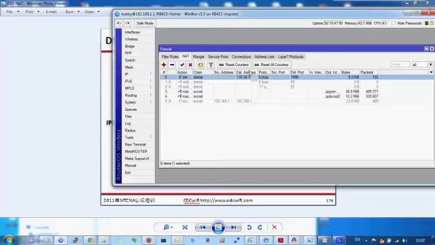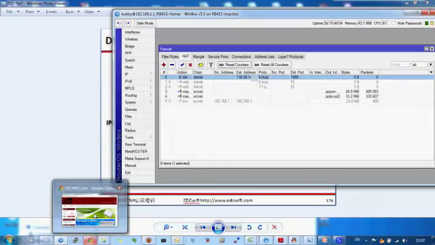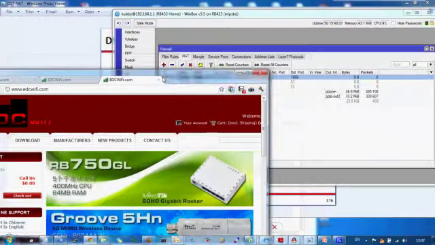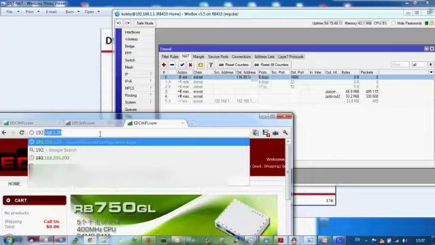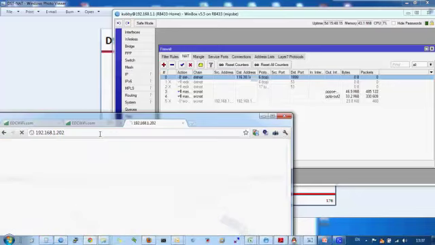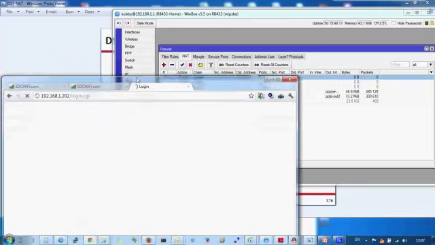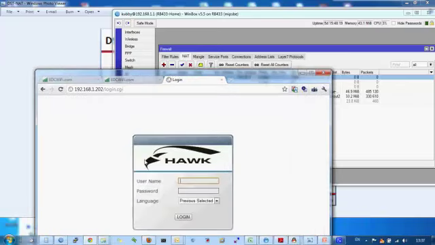Okay, I will try it. I will reset the traffic first so we can see together. I will try to access the camera first using the local IP address, so we know the camera is there. Okay, the camera is there.